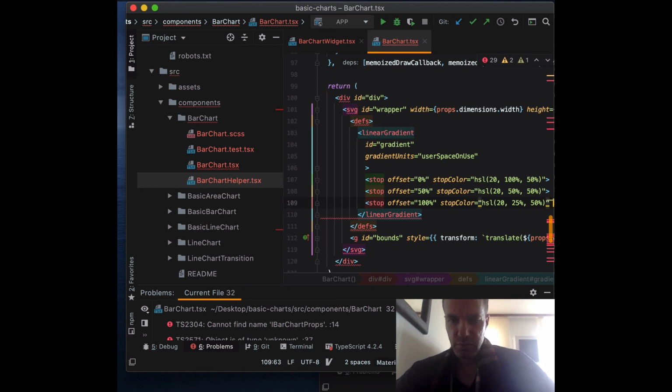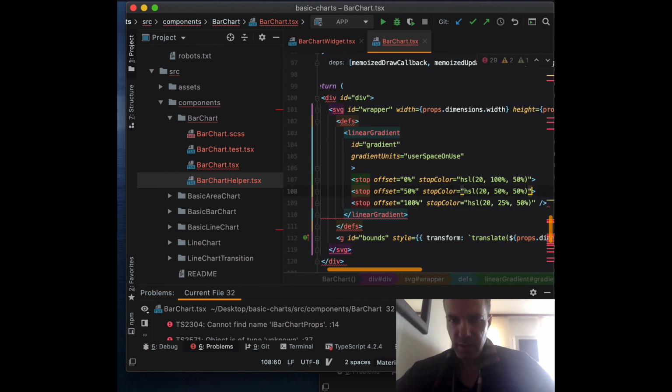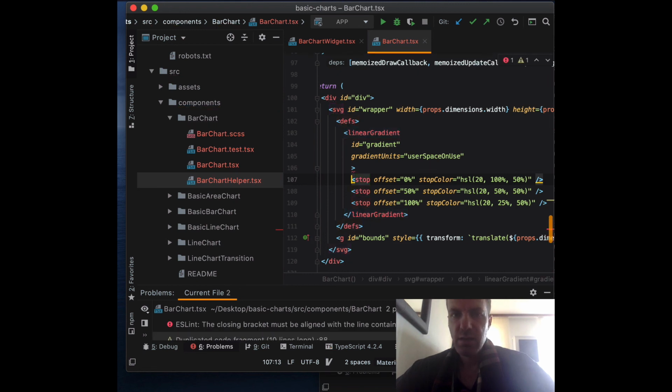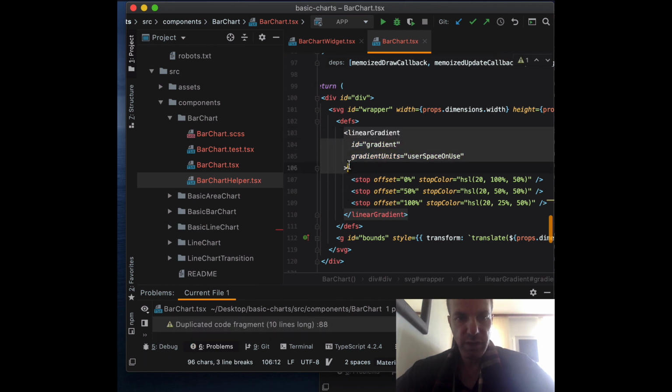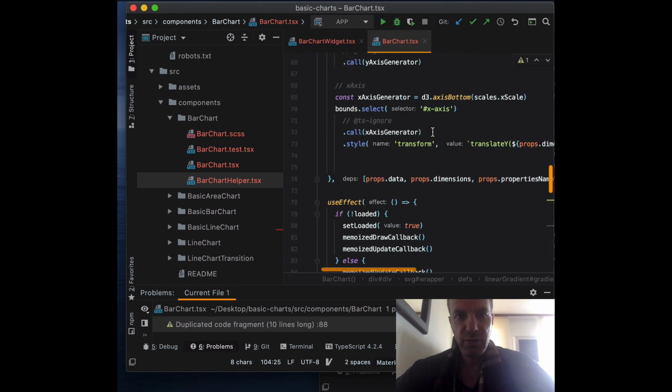Make sure we close the stop tags. Let's close those stop tags. Okay. And it's complaining: this tag has to be in line with the opening tag. Okay, now it's working. Now that we have our gradient, we can take that gradient and just use it as our fill for our bars. So if we go back to the bars,